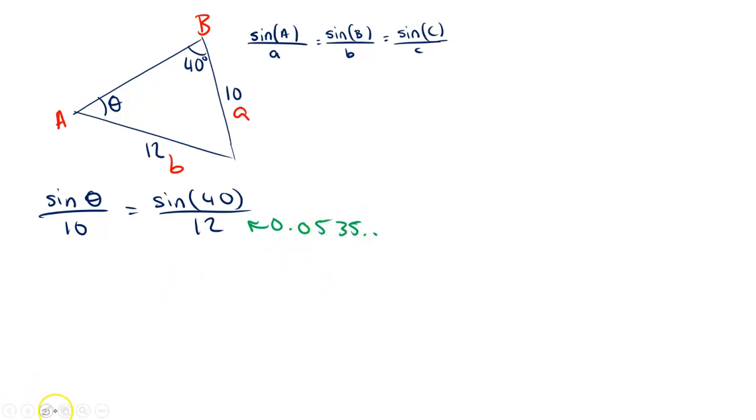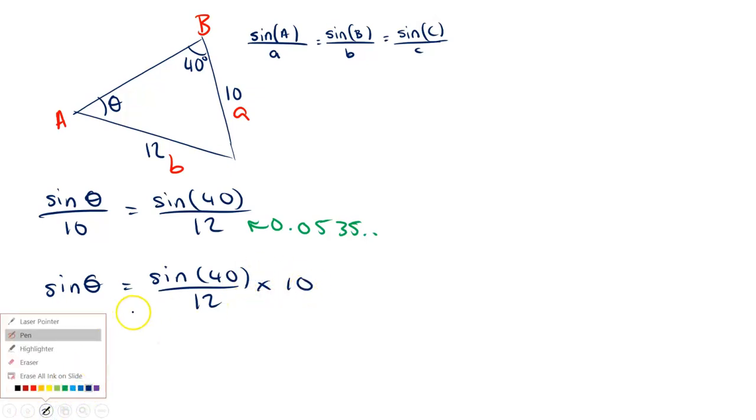And then again, what we're going to do is rearrange for sine of theta. So I'm going to multiply up by 10. Sine of theta is equal to sine 40 over 12 multiplied by 10. Now this is the case where I would go and evaluate on the calculator if I haven't already. And if you type that in, you will find that you have sine of theta